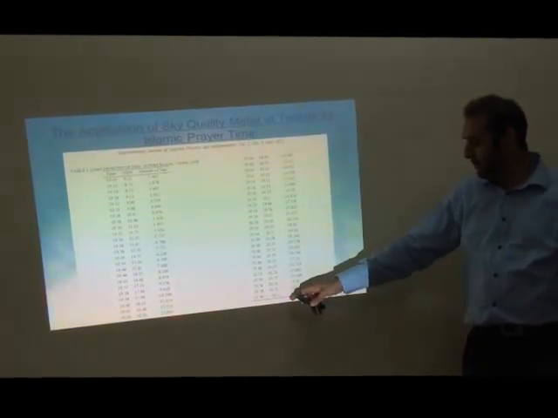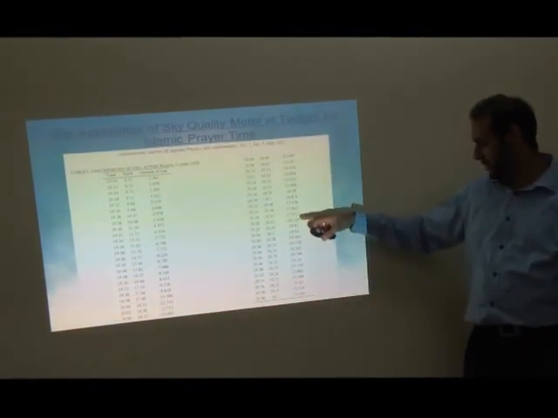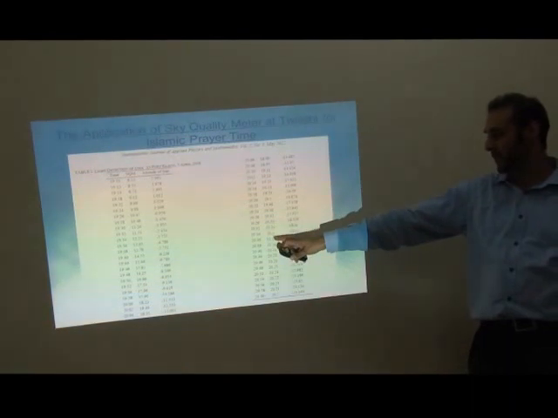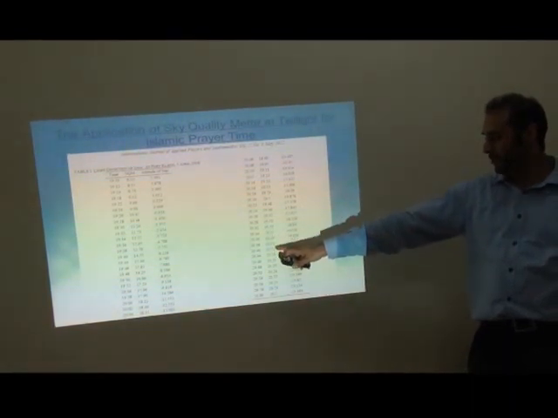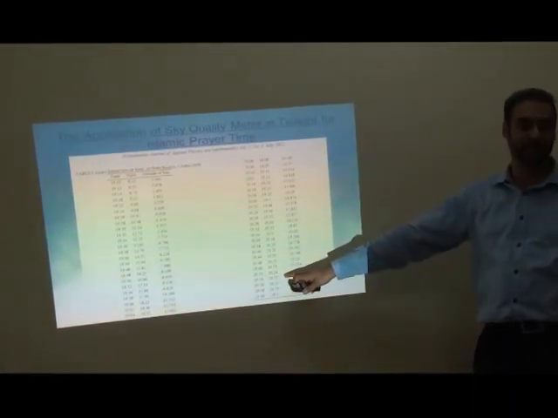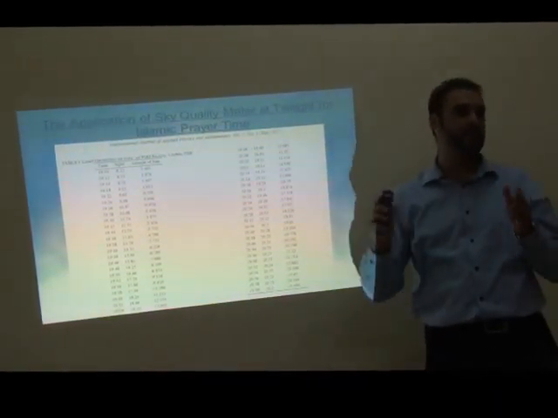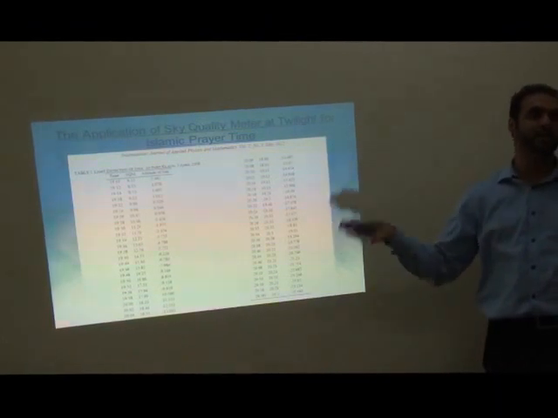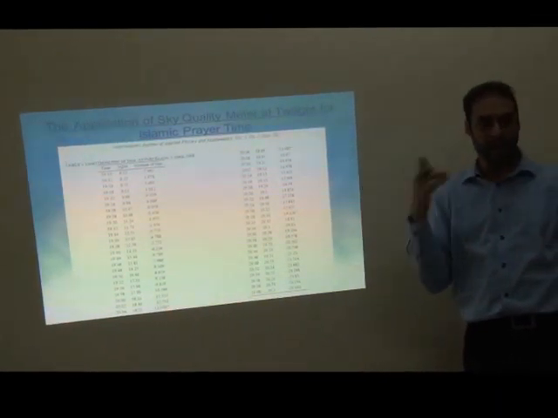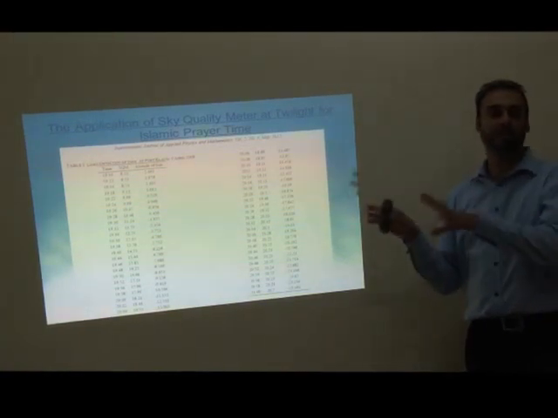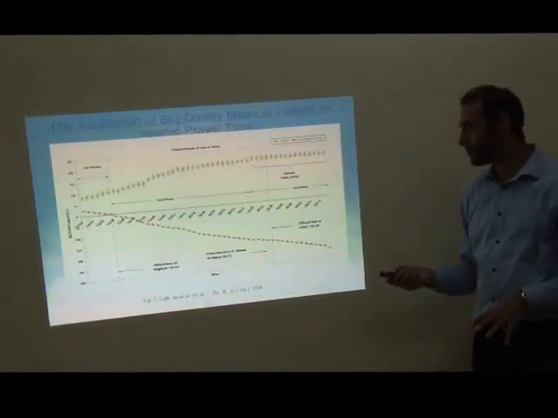So even when the sun is 18 degrees below the horizon, it's still registering light. You can see that it's still registering some light in the sky. And this was calibrated within the parameters of the human eye. So it's not a very superfine instrument that's picking out light that you and I cannot see. It's calibrated to the same parameters as the eye sees. So what this is seeing is what the eye technically can see.